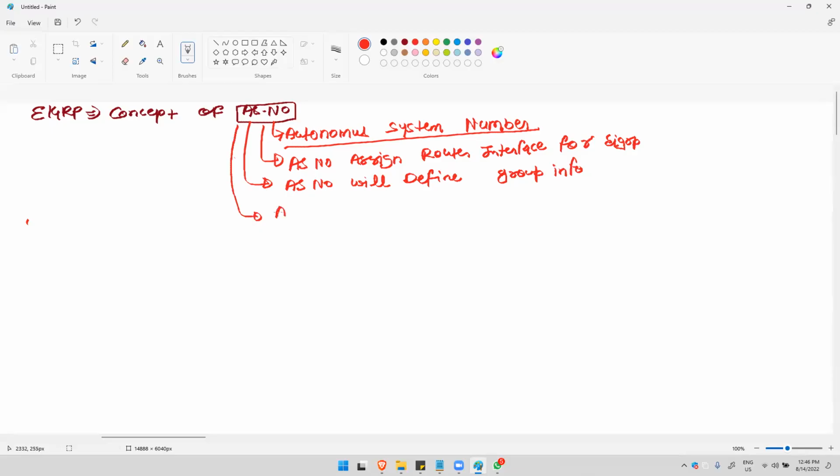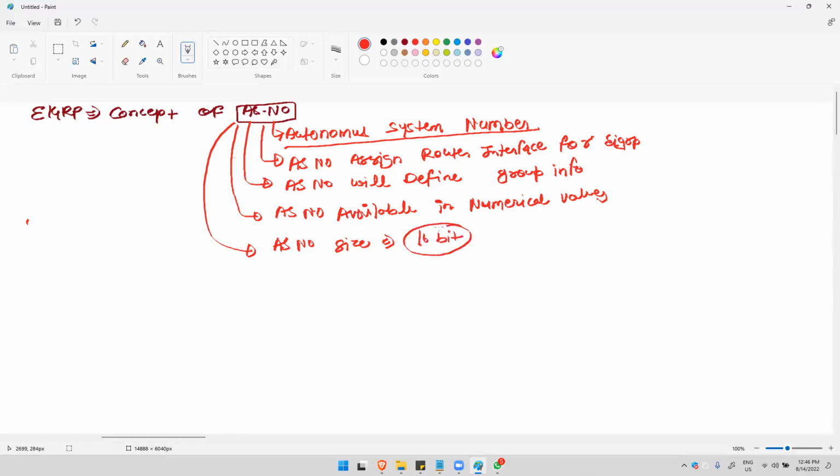One more thing: the AS number is available in which format? Numerical values. AS number size, how many bits? 16 bit. That means how many bytes? 2. Okay. If we use the formula 2 power 16,